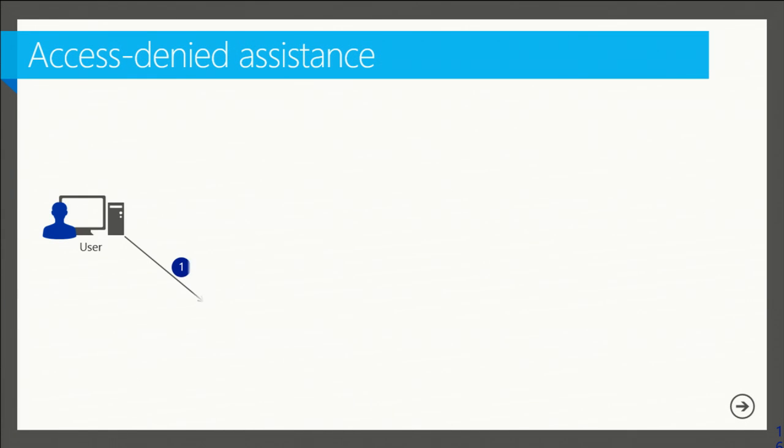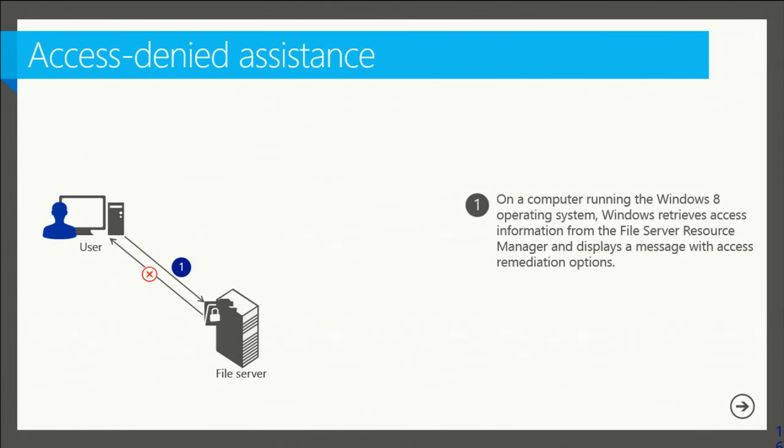Access denied assistance is pretty cool, and I quite like this one. Traditional way, when you go to a file or a share and you don't have access, what pops up? This really ugly little message, please contact your administrator, you're not allowed, basically. It's a very blunt message. The access denied message allows you to put some nice text in it, and you get a much more graphical box as well,